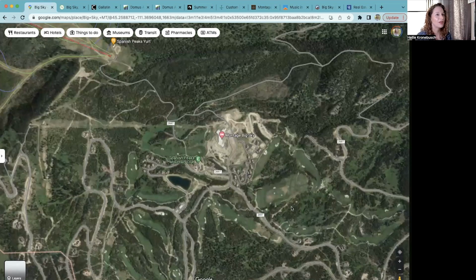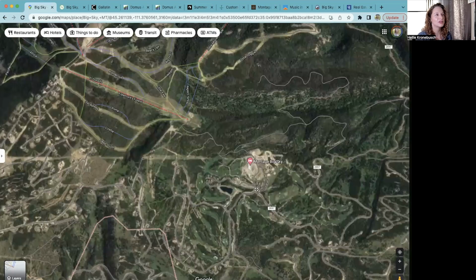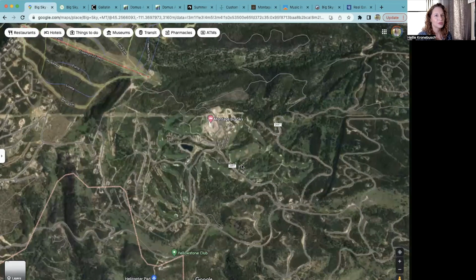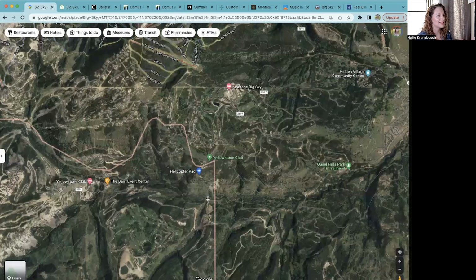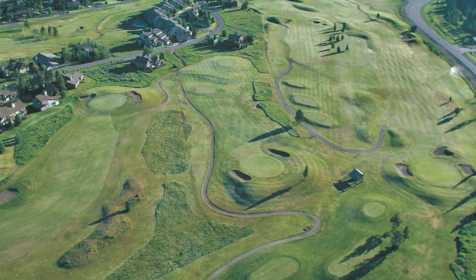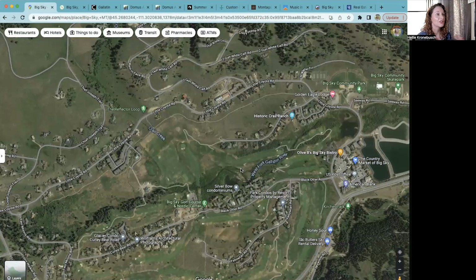So I pointed out a couple of the different golf courses already, but I wanted to dive into that a little bit more closely. Absolutely phenomenal golfing in the area. There is the Reserve at Moonlight over closer to the mountain. We've got the Spanish Peaks Mountain Club right here, a private golf course over here at the Yellowstone Club as well, and of course Big Sky Resort's golf course right in the town of Big Sky,